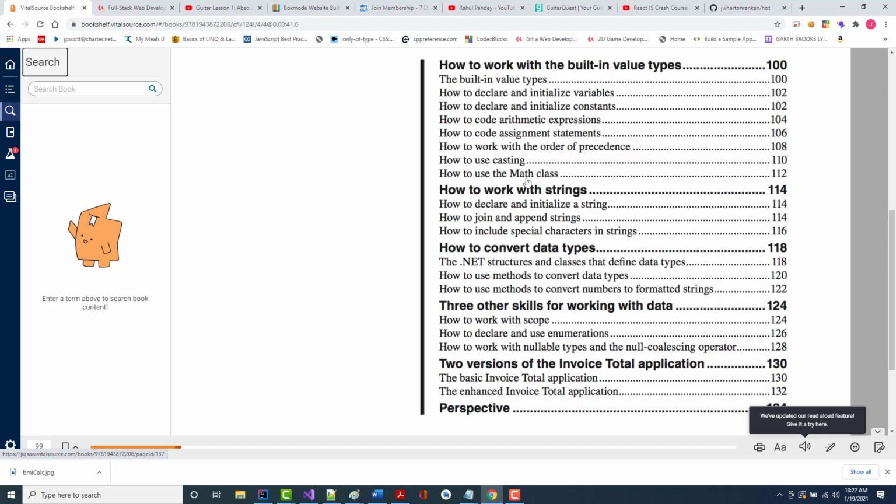Then we'll look at different things you can do with strings: declaring and initializing, joining and appending, and including special characters in strings. So you'll see those. Then we'll talk about how to convert between different data types. And the chapter ends with first talking about scope, enumerations, and nullable. This nullable and this null coalescing, they're fairly new features in .NET, and then they go through the invoice total